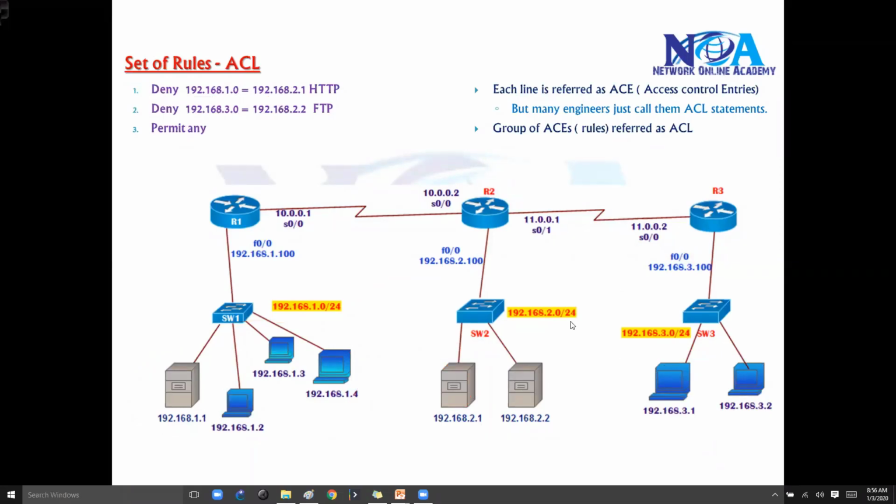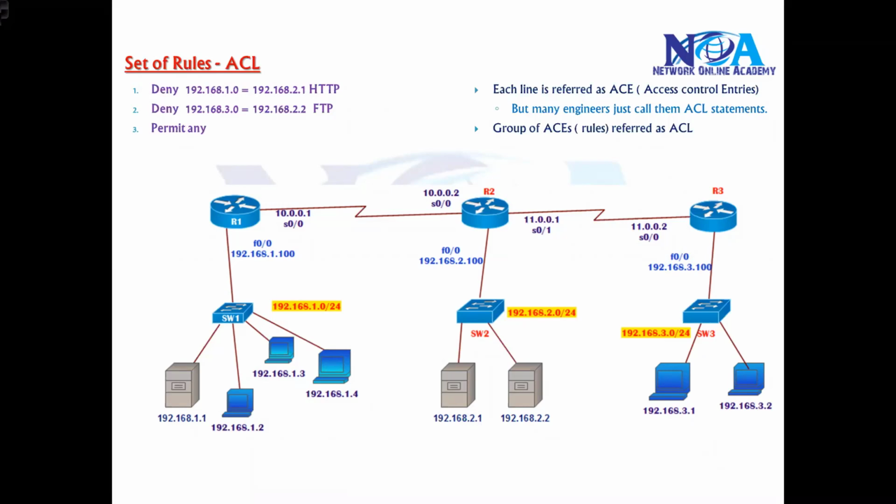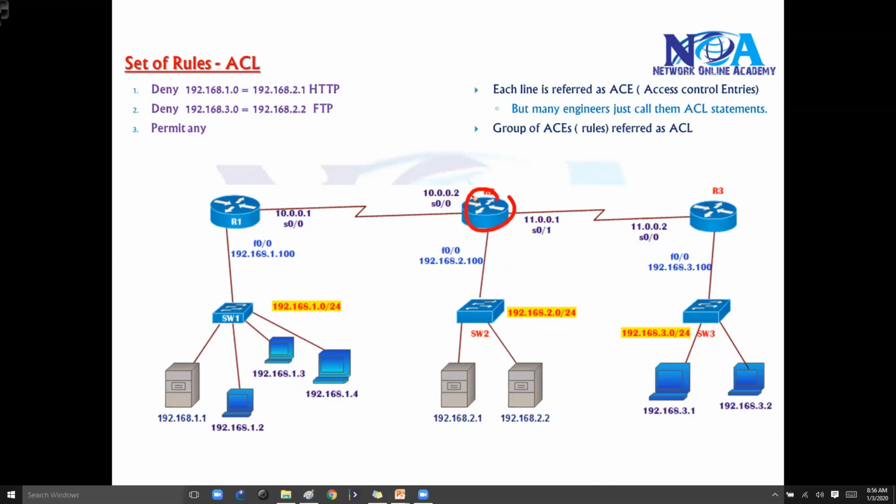So we don't want other things to get impacted. So let's say we applied the ACL. Assume we have applied the ACL on router 2. We can apply it on any of the routers, it depends on some of the other conditions. We'll try to see those conditions later on. But let's say we have applied the rules on the router. I have applied the ACL here.